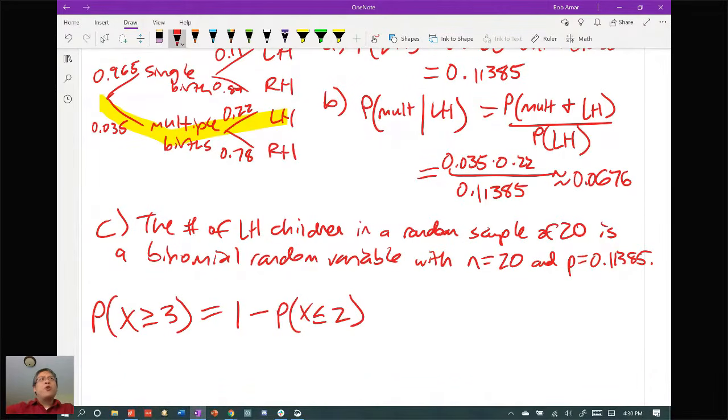Most of the time, what you're probably going to do is reach for a calculator. The formula is very complicated here because it's actually the sum of